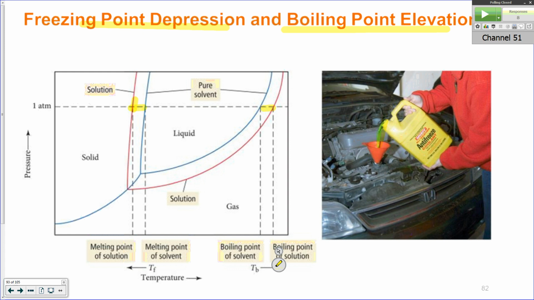All right, so the way that we correct that is typically, depending on your car, you mix your antifreeze to water about a 1-to-1 ratio, depending on what the mixture is, and it causes this depression to be further and further over. The important thing is that it's low enough to be less than what the temperature is outside. So what does it hurt if your motor freezes? Well, because the aqueous solutions expand. When they expand out, they'll take the components of your motor and actually put enough energy on it that it'll blow your